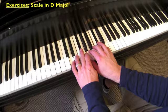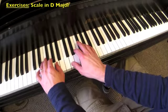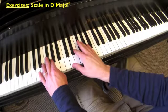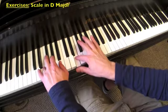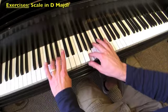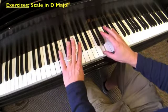Now, the scale fingering is the same as it was in the key of C, so we call it the C fingering scale. I'm going to just go nice and slow. You can do it like this. I put it at 80 and give each note 2 beats. And you're going to think after 3 notes, right thumb, left third, C sharp here. And now think 3 notes including 4th finger,